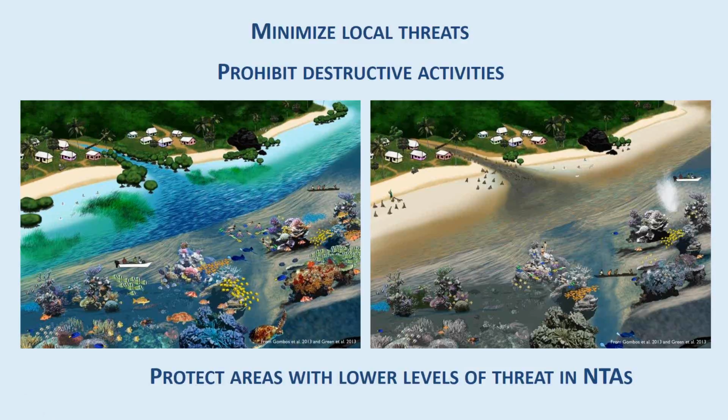Well, obviously, if you have a choice, it's much better to choose an area that's healthy to begin with, or to choose an area, if it is degraded, where the threat is one you can manage. For example, maybe it's overfished. Well, if you can manage the fishing and the habitat's okay, it's a good choice. But an area such as this, where you might have a big problem that you can't manage, such as the runoff of dirt, that's not a good choice. So it's best to avoid those areas.